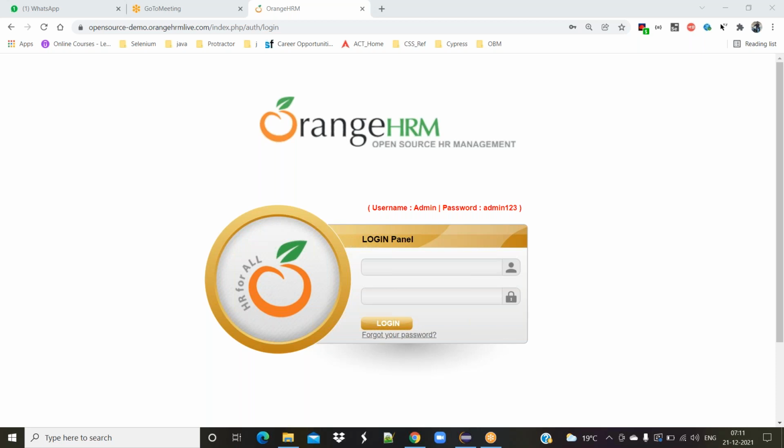From 2008 to 2012, 2013, even up to 14, this was one of the major tools in the market. At that time, Mercury QTP was one of the competitive tools and one of the top tools in the market, but it was a licensed version. So the best supported freeware at the time was Selenium IDE. Most companies at that time started automation with Selenium IDE only, and most people with basic knowledge of Selenium IDE joined as software engineers.